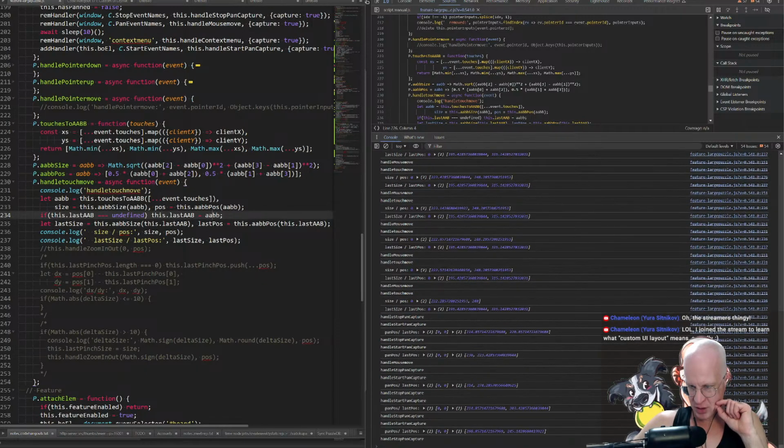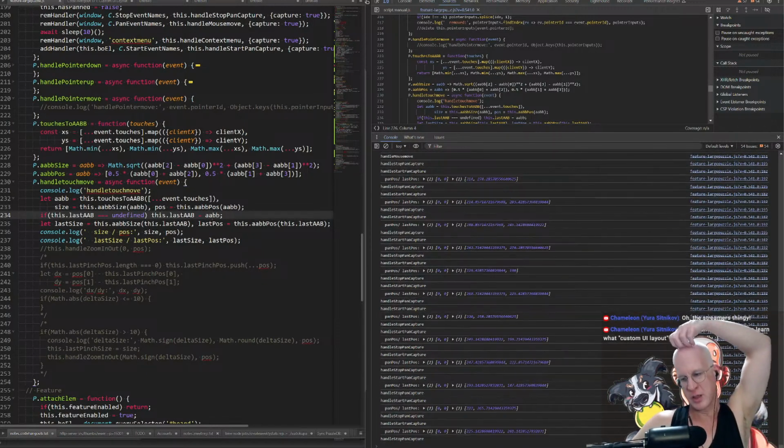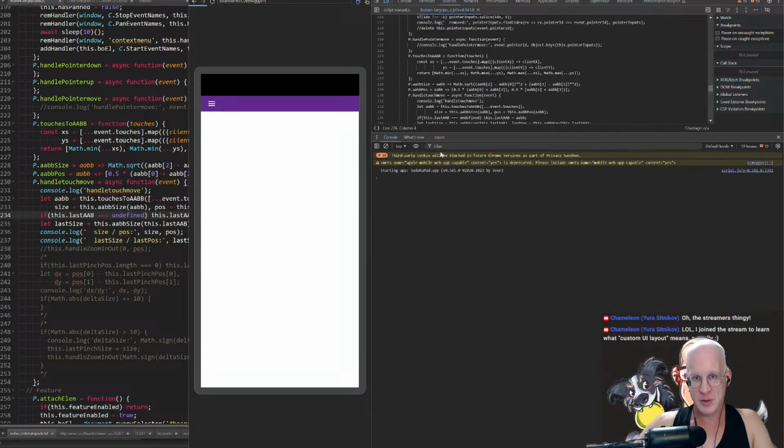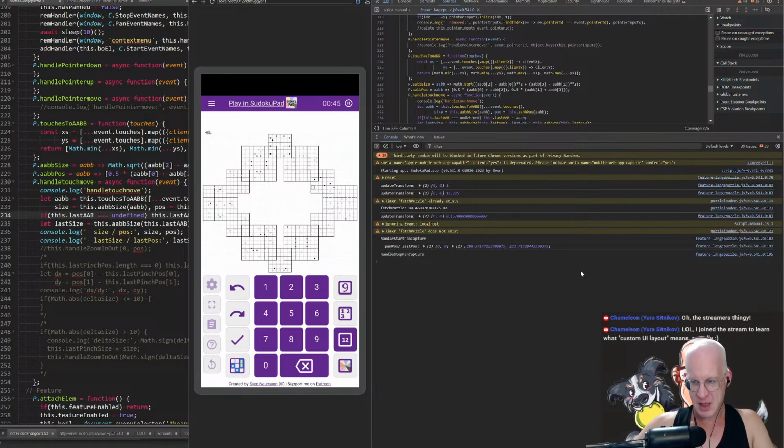Last position. So the problem is, of course, that we need to wipe it out when touch stops. And that's not obvious when and how that's gonna happen. But let's try. So one thing I want to see quickly is if I do this and I tap once,